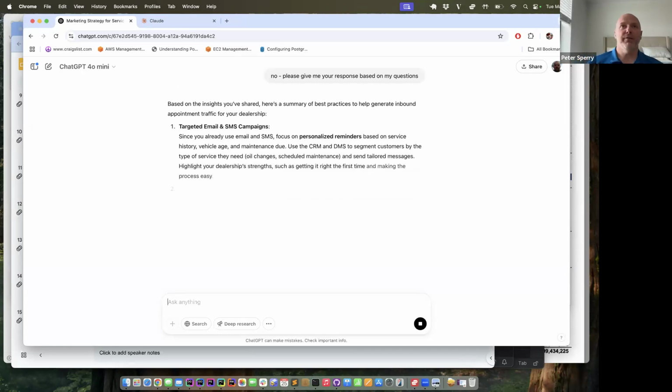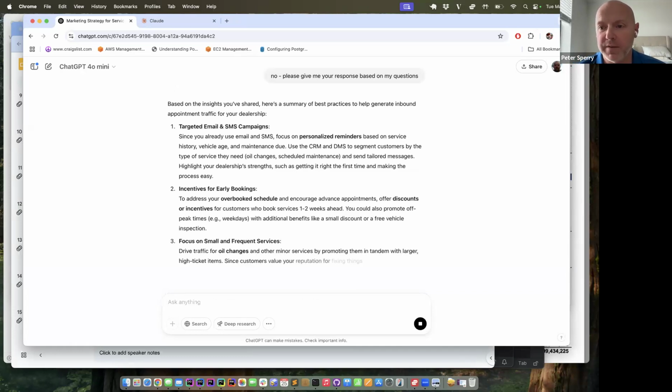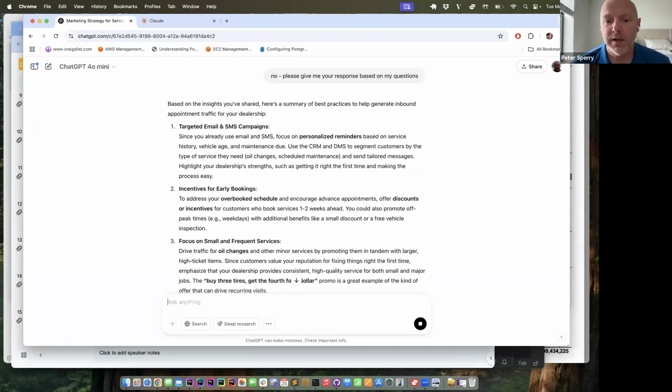So I think if what you were looking for here was a calendar, I might have specified that in the prompt in terms of best practices. But this is where I would start.